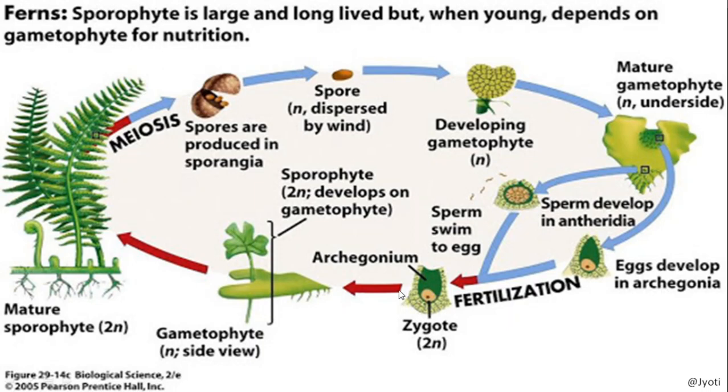Okay, so here is the gametophyte. Here the fertilized archegonium is there. From the archegonium a new plant is developed, that is the sporophyte. This now differentiates to form a complete sporophytic phase. Here also, like bryophytes, they show two phases in their life cycle: one is the sporophytic phase, the other is the gametophytic phase.